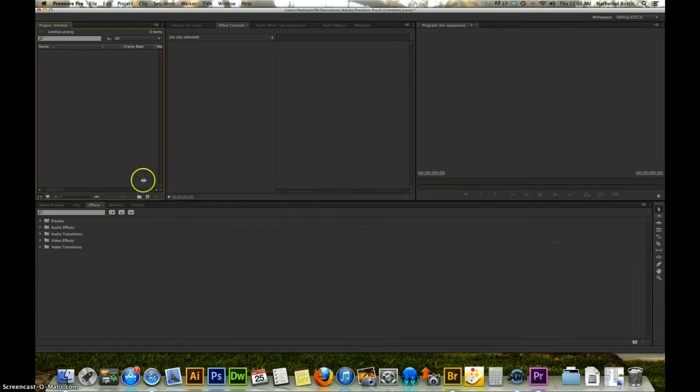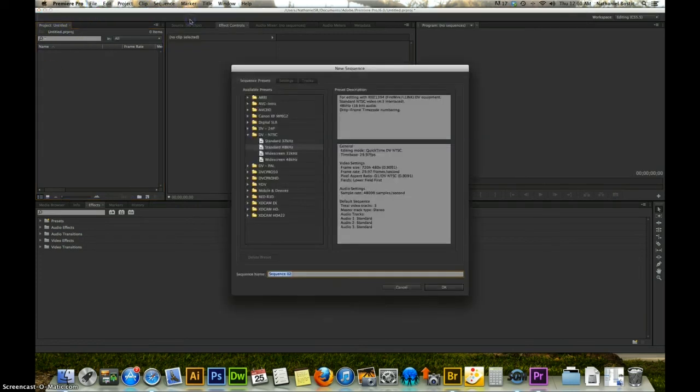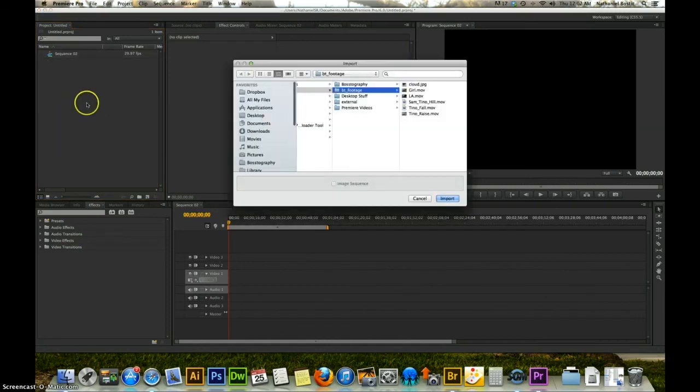If that happens, you can easily get it back. Just go to File, New, Sequence. And that pulls this back up. Leave it at your standard. Pull it back up. There you go. But to import your footage, I just put my cursor underneath my sequence area in this empty gray area and double click. Alright, pulls up my